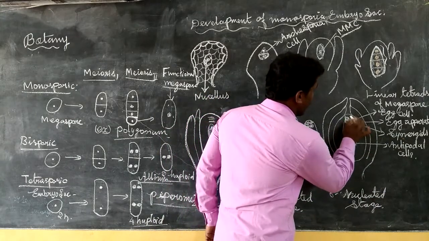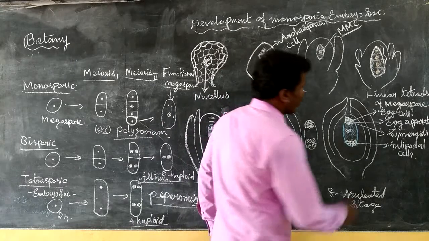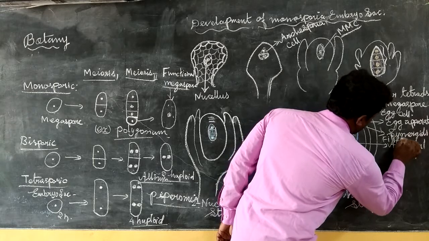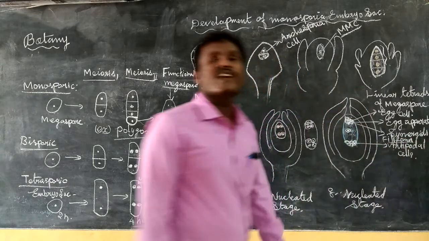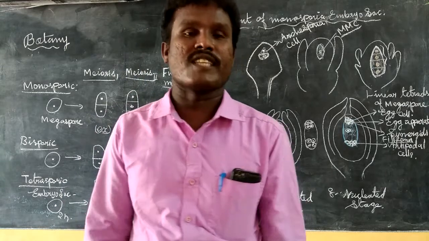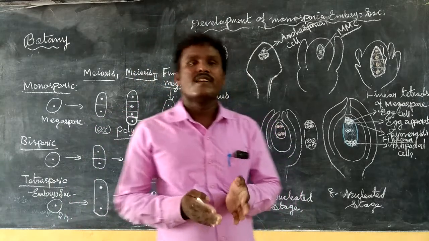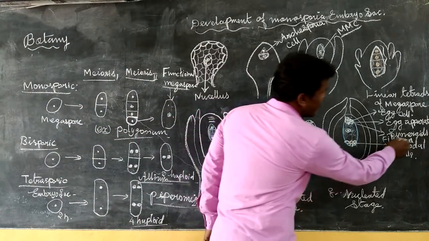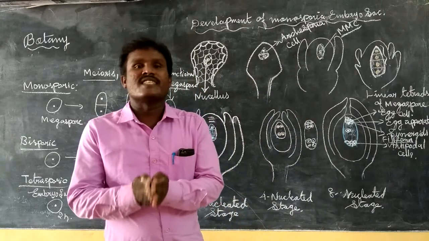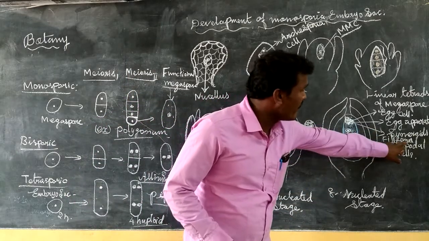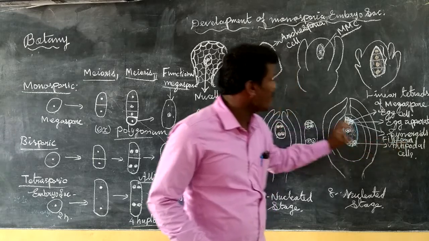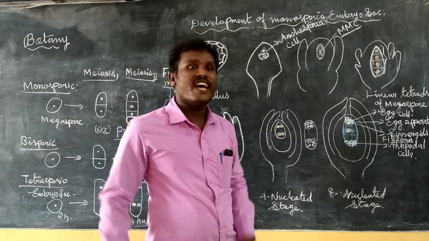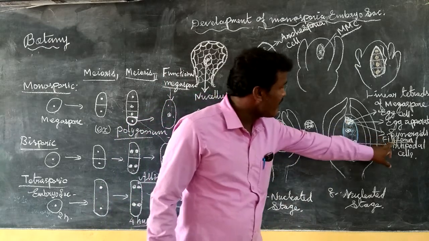The next one, what are filiform cells? What is the function of the filiform cells and where are they present? In the synergid cells, the region having a thicker cell wall is called the filiform apparatus. These filiform cells function to direct and attract the pollen tube towards the egg cell. That is the function of the filiform cells.